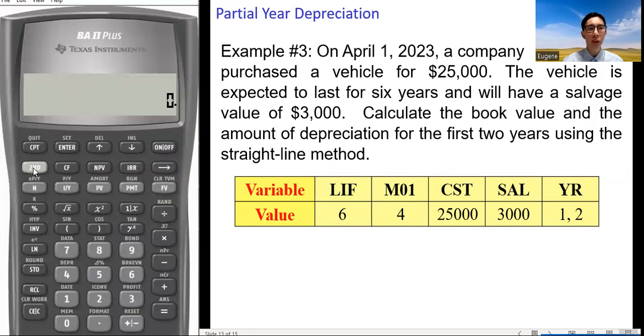Activate the depreciation worksheet. Using the straight line method, so we get back to SL. LIF is 6. M01, 4. CST, 25,000.